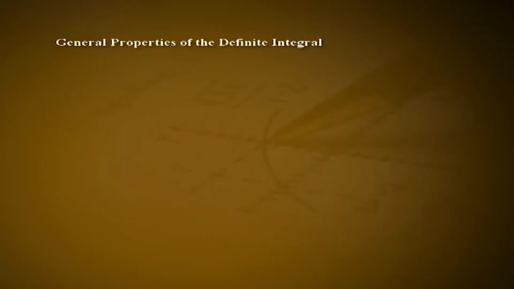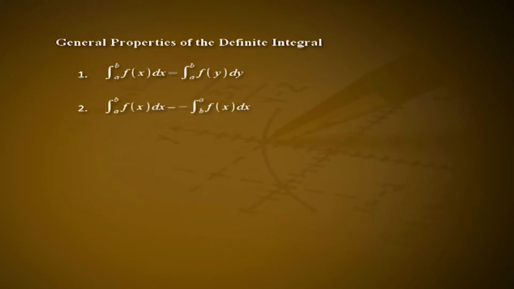General properties of the definite integral. First one, integral from a to b f(x) dx is equal to integral from a to b f(y) dy. Second one, integral from a to b f(x) dx is equal to negative of integral from b to a f(x) dx. Third one, integral from a to b f(x) dx is equal to integral from a to c f(x) dx plus integral from c to b f(x) dx,